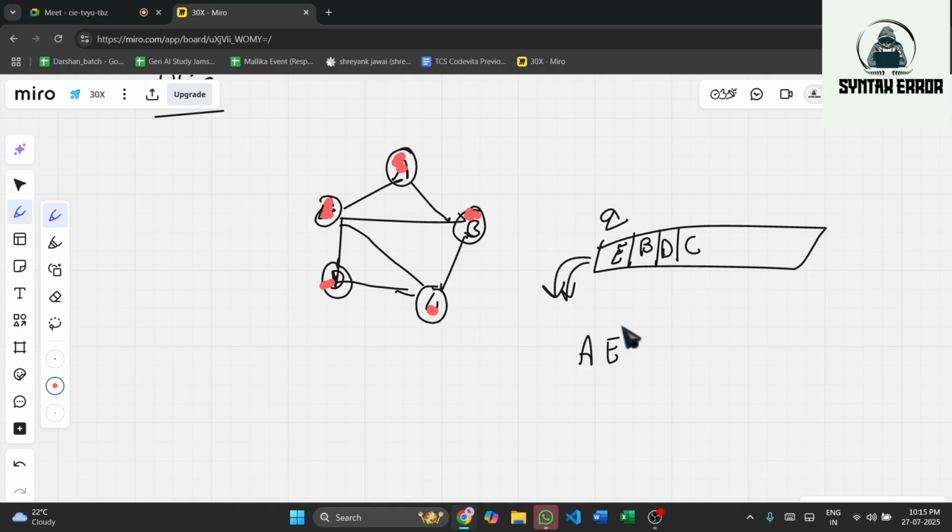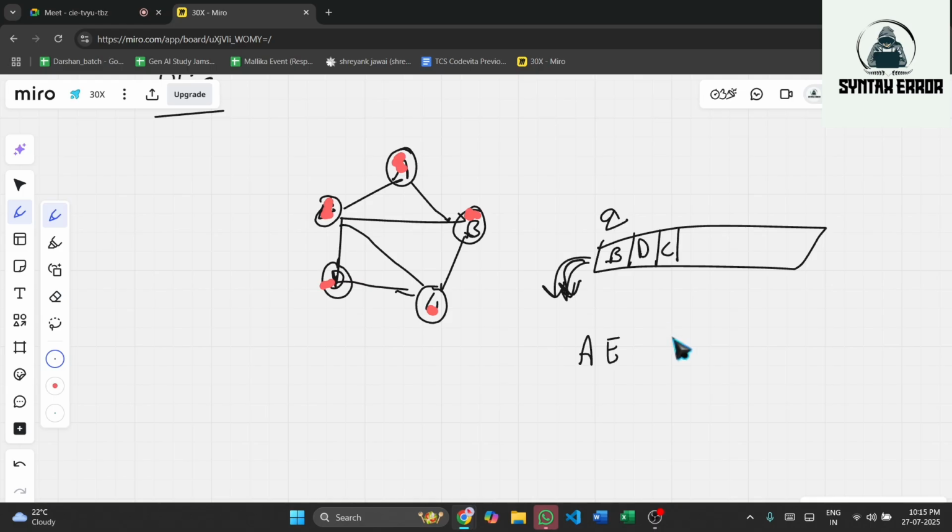When we pop E, we should add D and C. Then everything would be shifted: B would be shifted here, D here, C here.